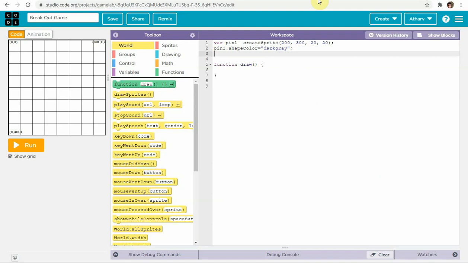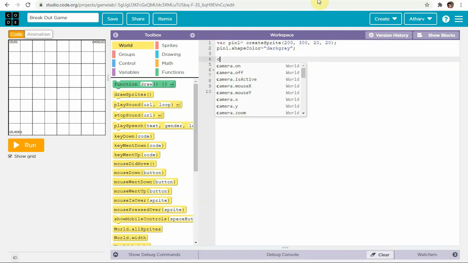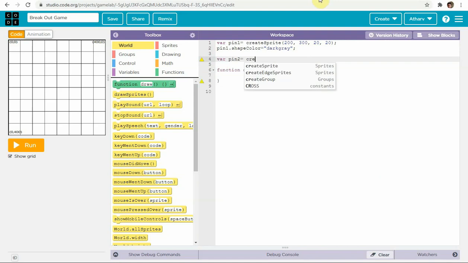Okay. Same, we'll create again a var pin2 equal to createSprite in the brackets.